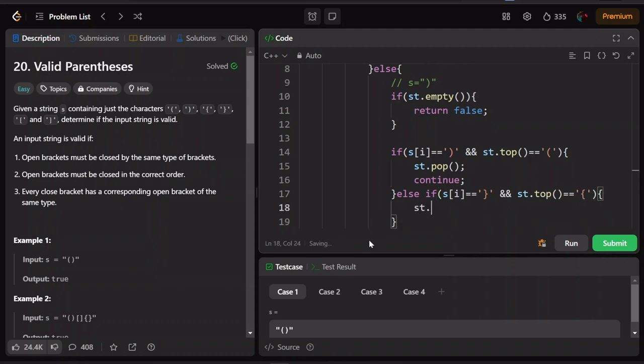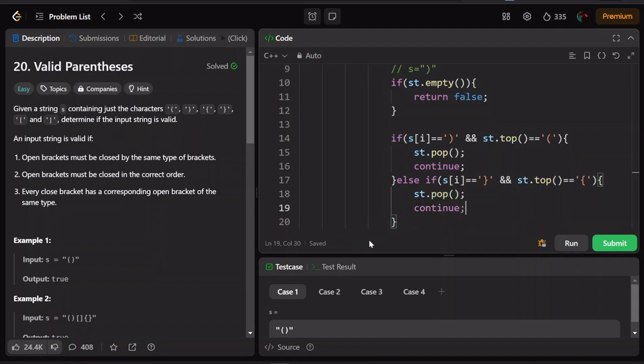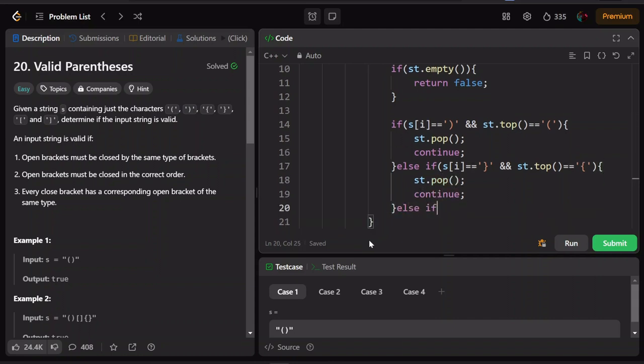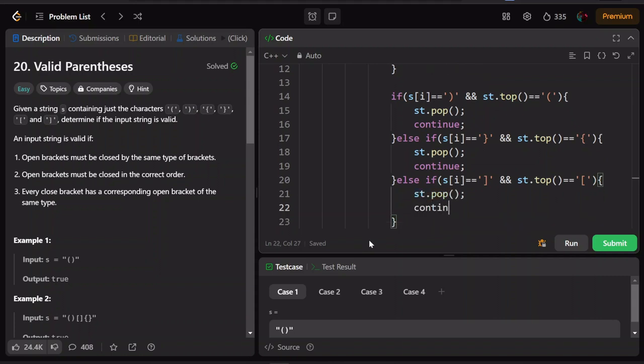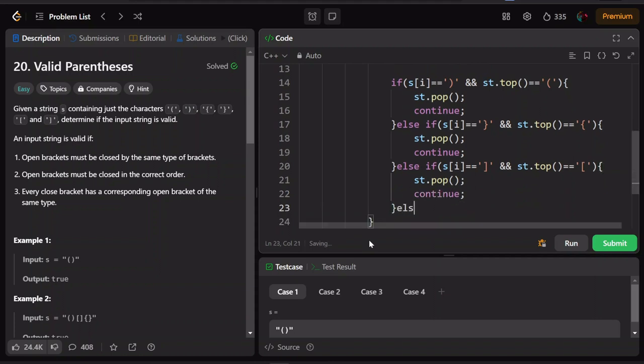Then what I'm going to do is st dot pop, continue. Else if s of i equal to this closing bracket, and st dot top must be this opening bracket, and then st dot pop, continue. Else we return false,